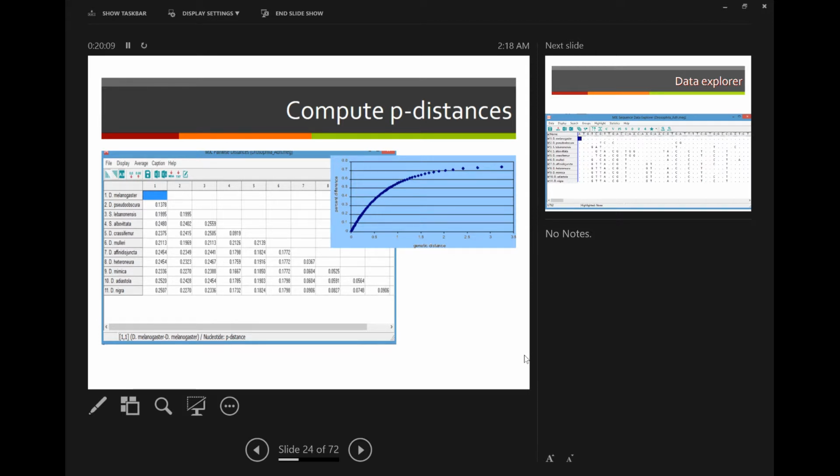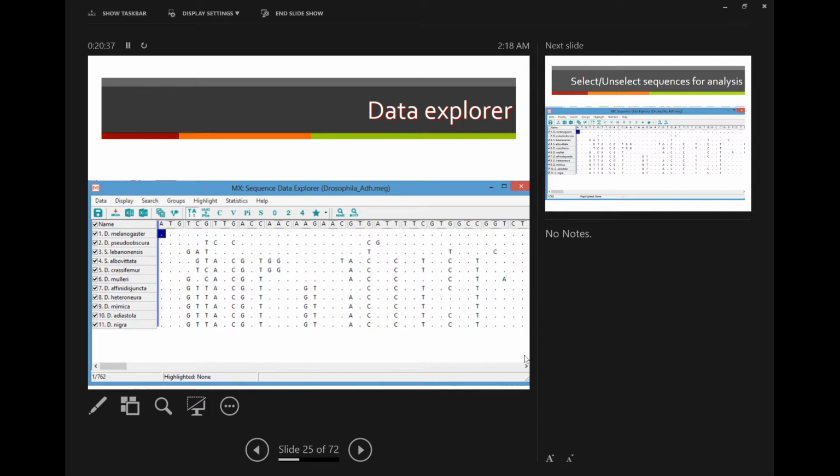So I advise, even if you're not using a distance-based method, to estimate distance to avoid placing a sequence that is too divergent. For instance, one sequence that has a distance of 0.7 or 0.65, then you would spot it right here. But then going back to the Explorer, the Sequence Data Explorer